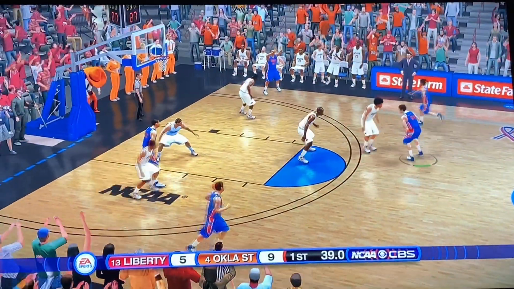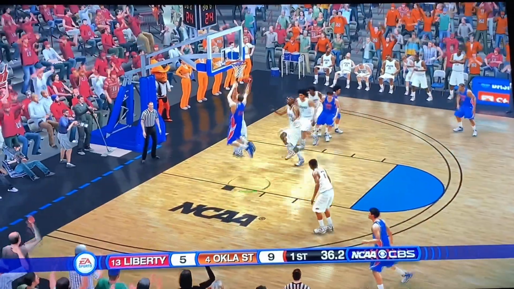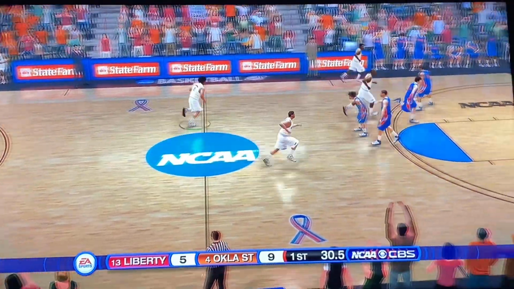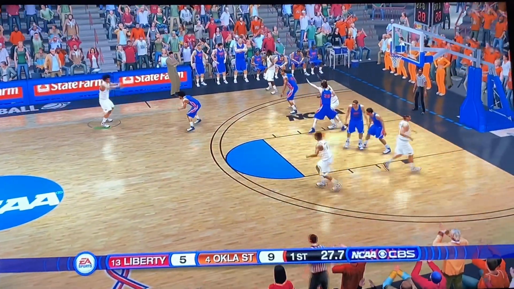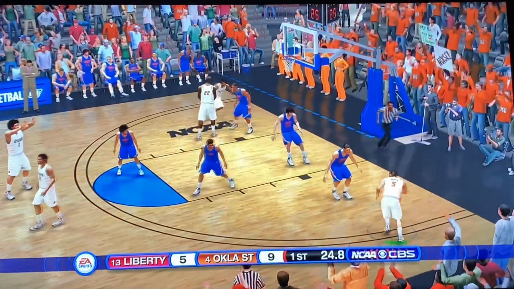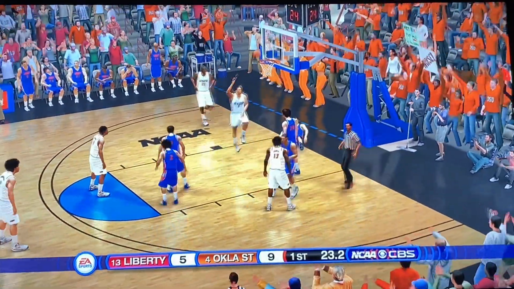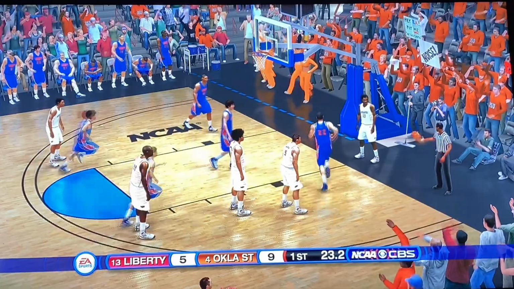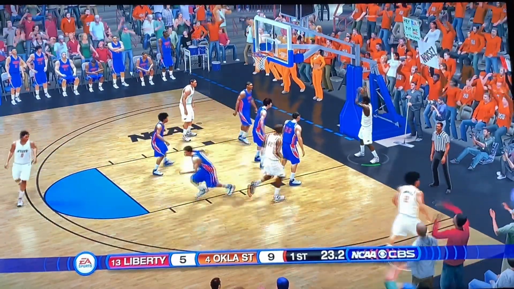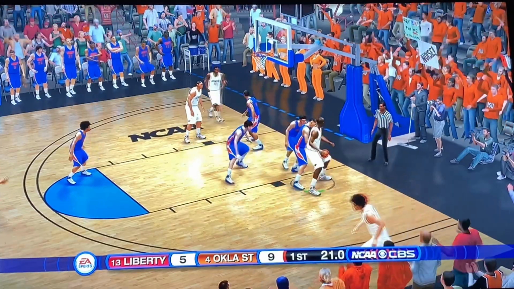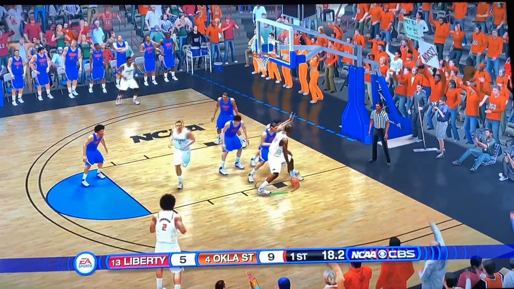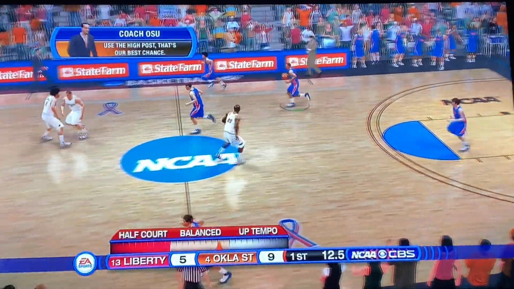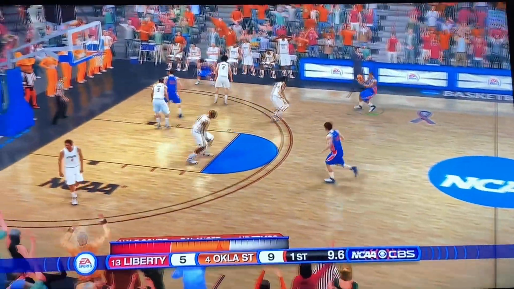Liberty, you know, with a chance to get a 2 for 1 if they can score quickly here. Looking down low, contact, no foul called. Oklahoma State snagging the rebound. It doesn't look like they're going to get a 2 for 1, but you never know. Oh, wide open in the corner looking to drive. Oh, and they call a blocking foul, no basket, so it's just an on the floor foul. I was making sure I got it right there. Backing up the CPU. You got to pass it out. No. Okay, that makes me feel a little bit better. I was like, if the CPU player ends up scoring some points, that's a bad look for the simulation.